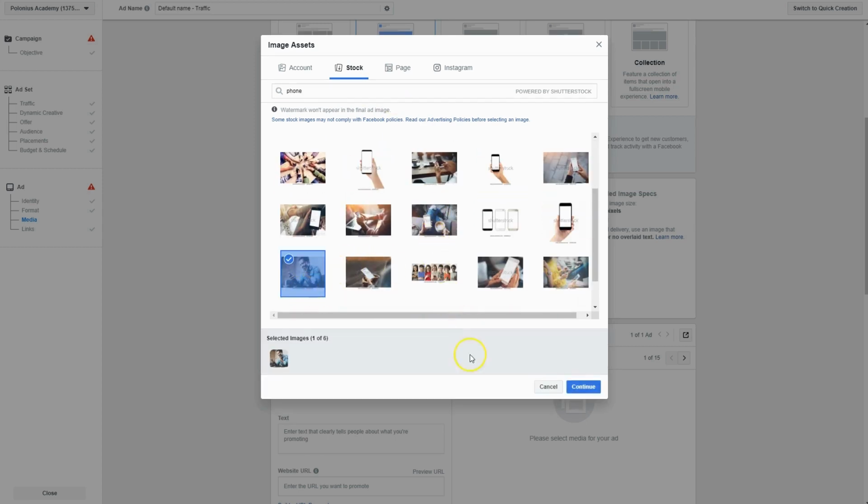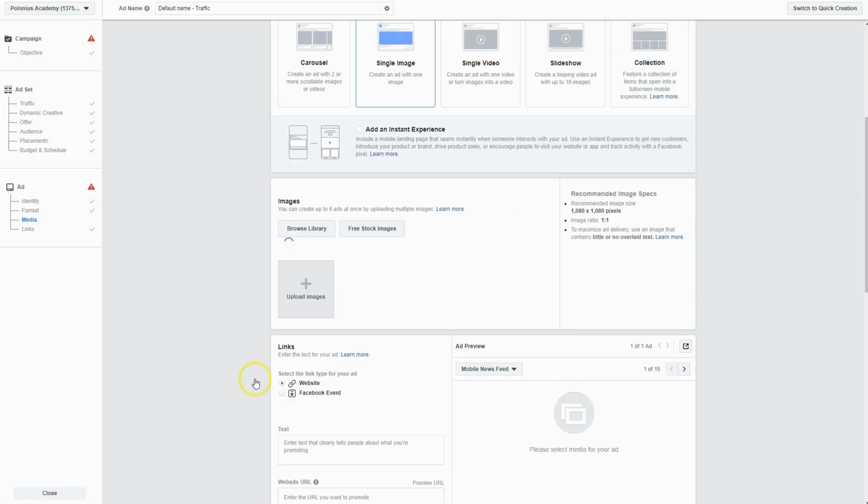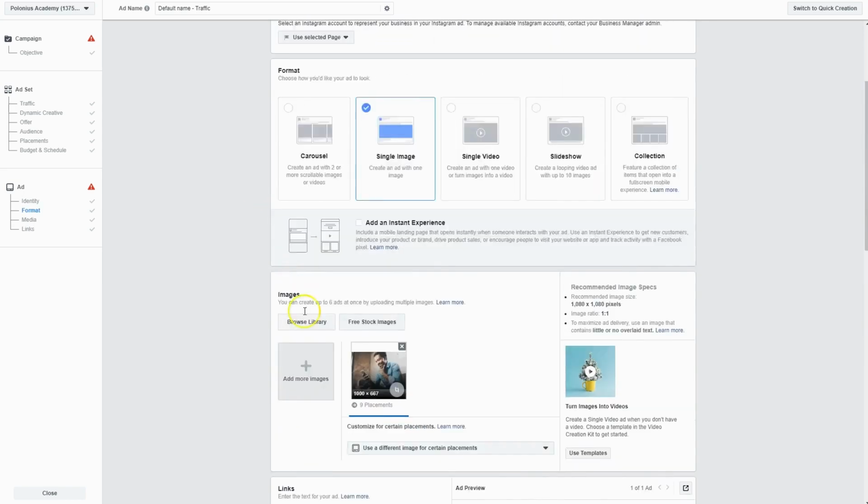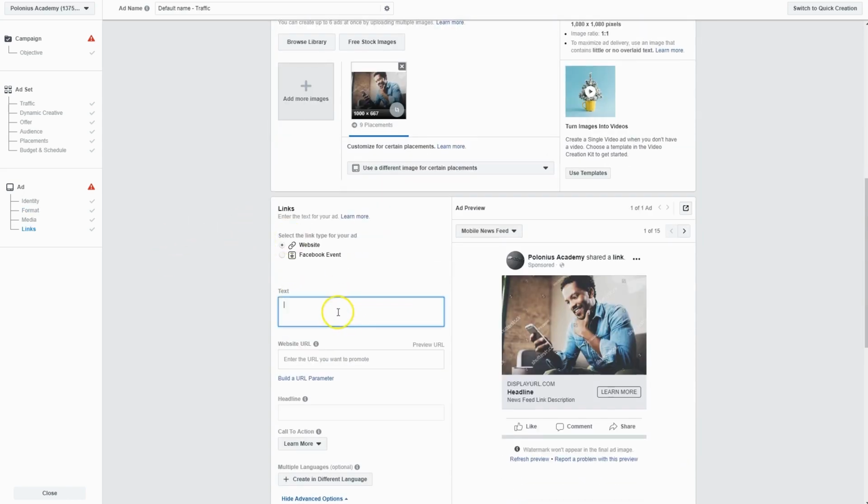There we go. Dude on a phone. That's pretty much all we need. Okay? It's a good-looking stock image, and that's really all we need. So, let's come on over here to text. I'm going to paste in